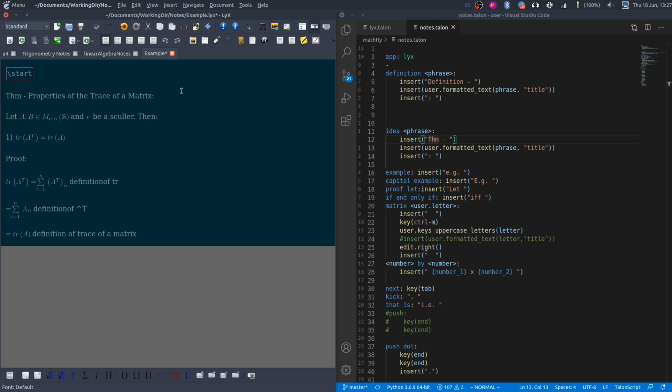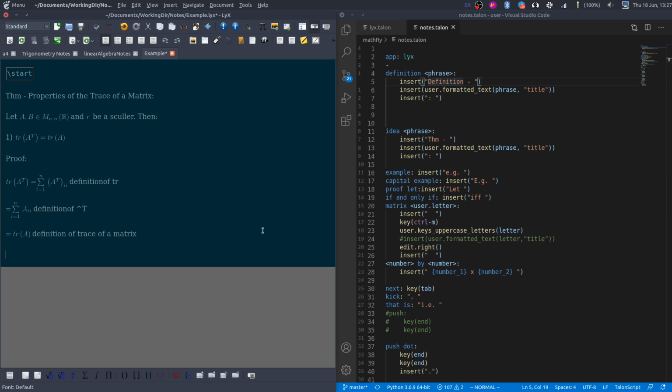This is very useful for me in my notes. I use it a lot, and I have a similar command for definitions. So these are Talon commands that I've defined that help me with my note taking and make it much faster.